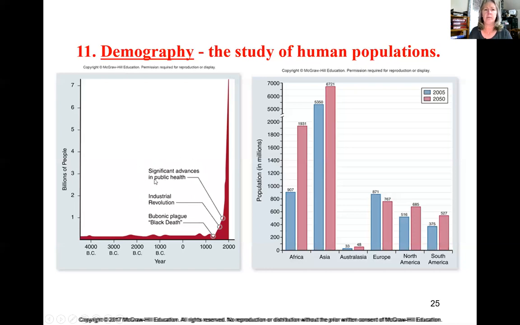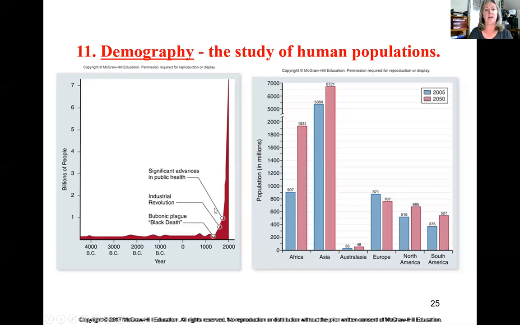Any bacterial infections, cuts and scrapes that might cause gangrene, people would die from that. But with the discovery of penicillin and the development of antibiotics, you had a significant change in the health of